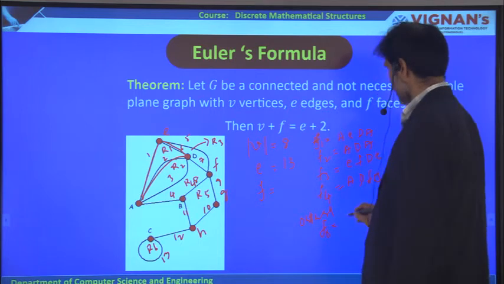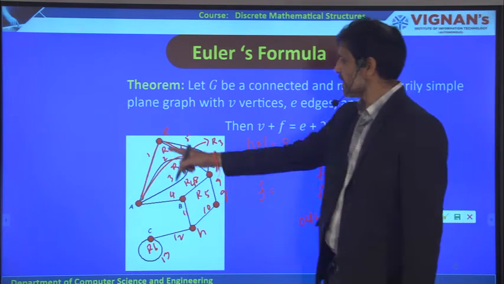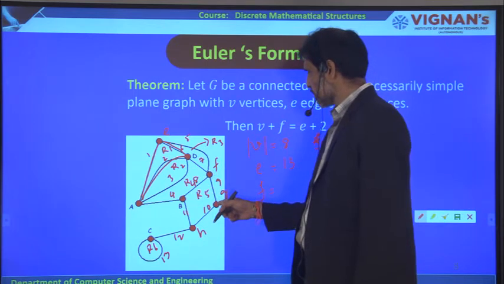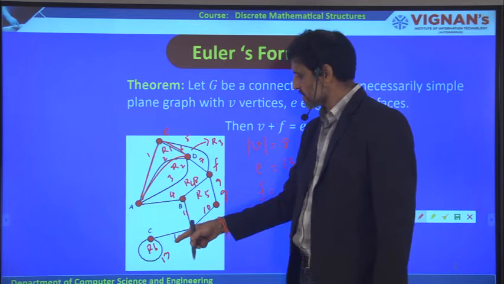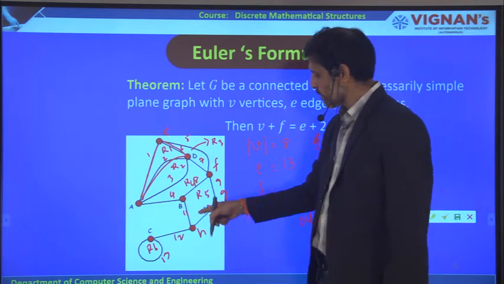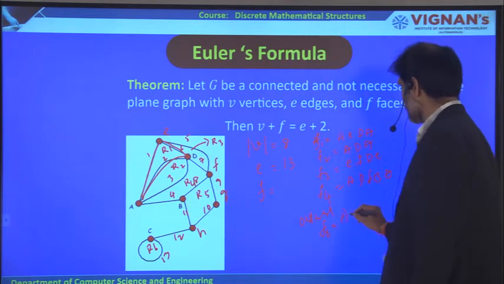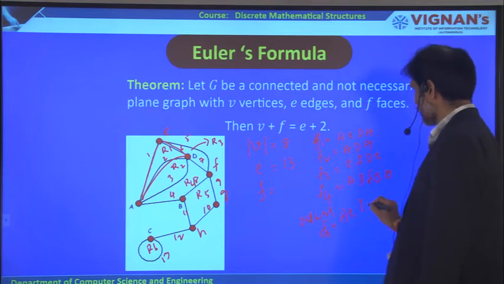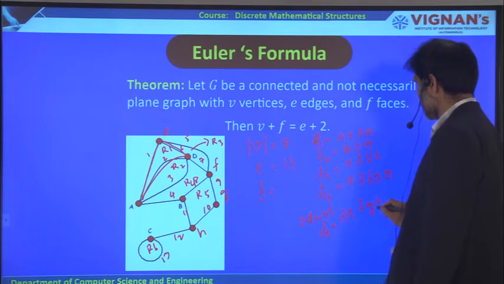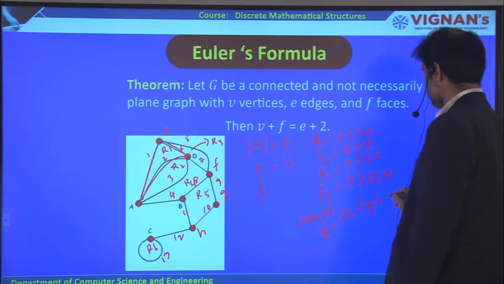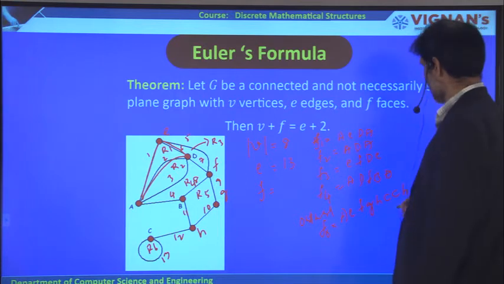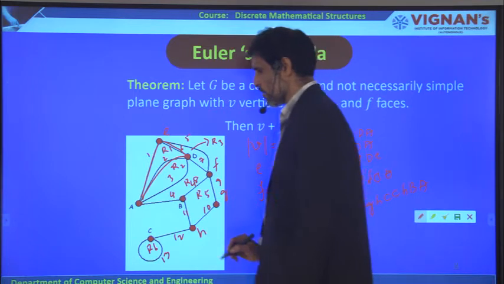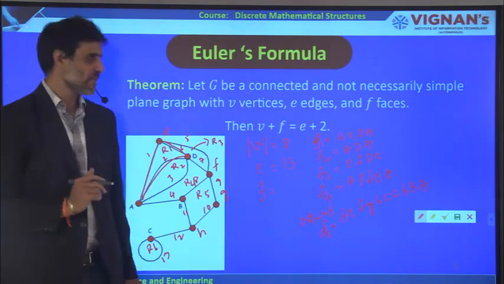Let us take like this: A to E, E to F, F to G, G to H, H to C, like that. Again C to C and C to B. Again, A to E you can take, E to F, F to G, G to H, and then H to C. Again C to C, C to H you can take. Again H to B and B to A. Like this we are going to get the outward region for the given graph.